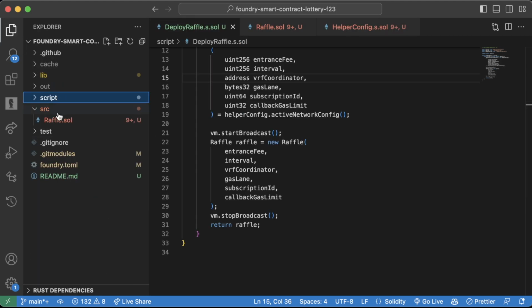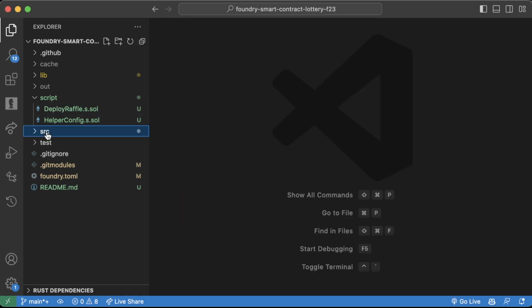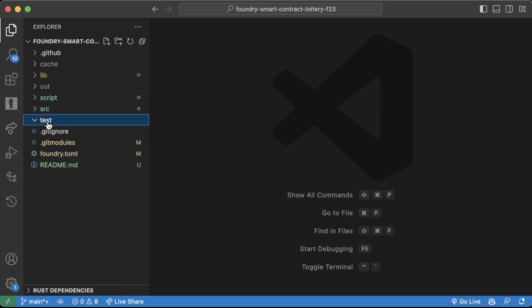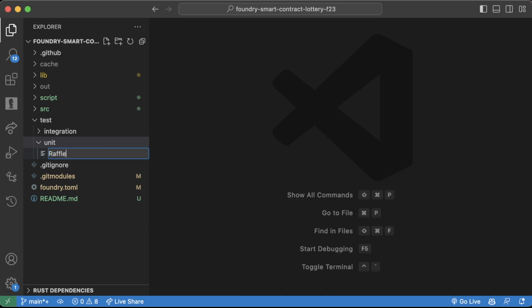So cool. We've got a deploy script. We've got our helper config. Great. Let's go ahead and write our first test. So in here, we're going to make two different folders. We're going to do unit tests. We're also going to make another folder called integration tests. As always, we're going to start with our unit tests. We're going to create a new file,